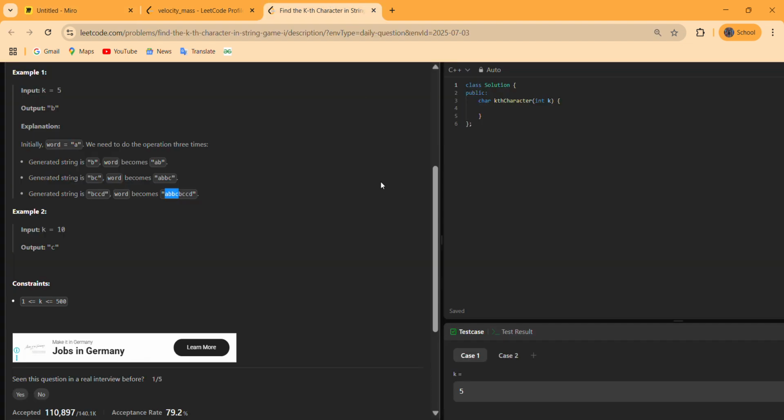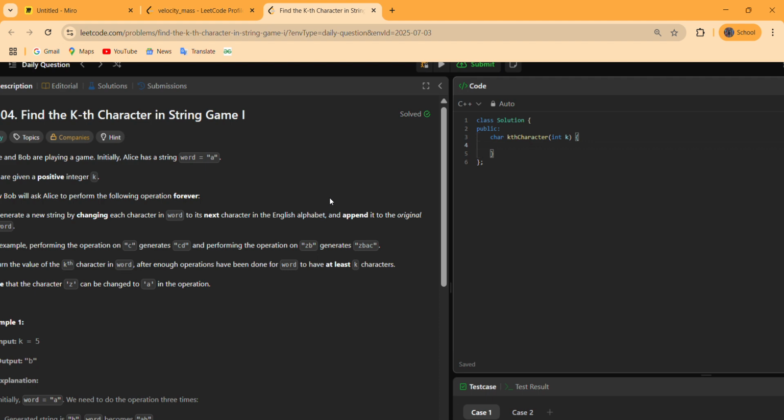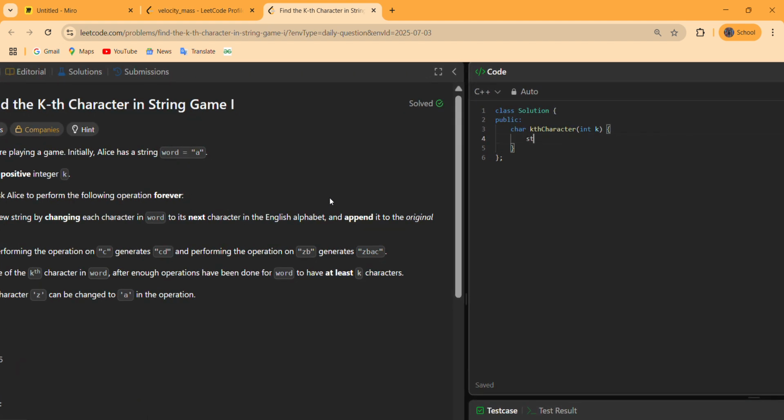Now let us code this and check if it is running fine. Initially the word has "a" only, and we have to perform the operations on word until its length reaches k.